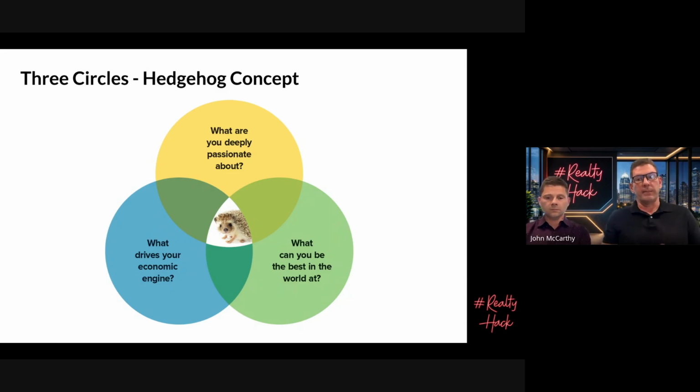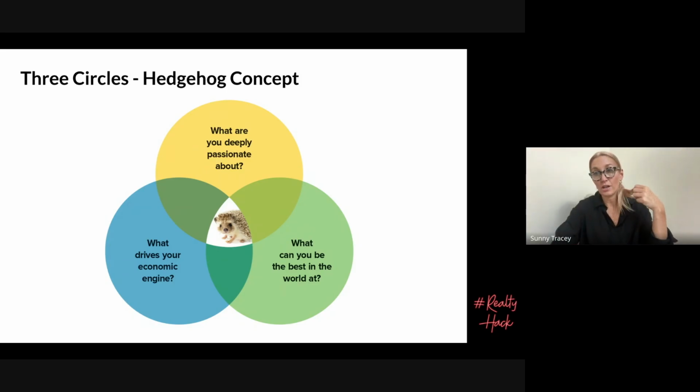Our mission statement started as optimal agent output. If we look at the way these three things intersect, it's optimal agent productivity and output. We took that and we made our mission statement: we make good agents into great agents. One more thing on this, just as a practical tool in working through it.